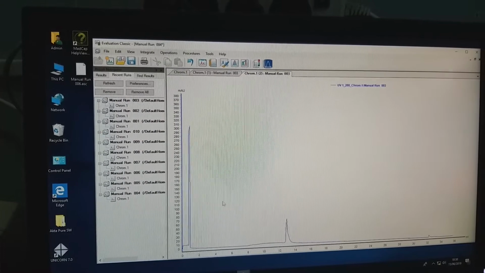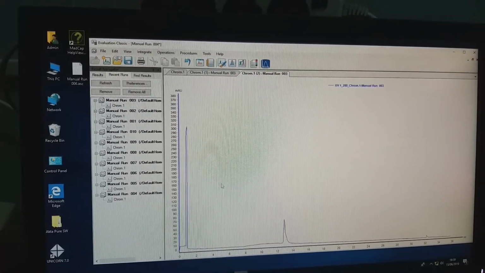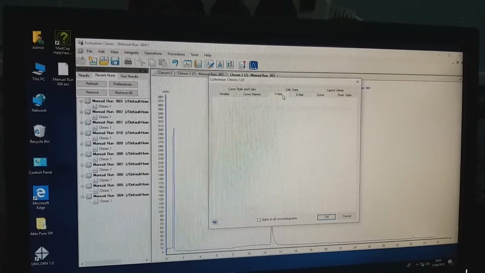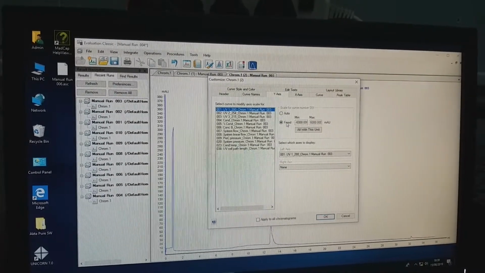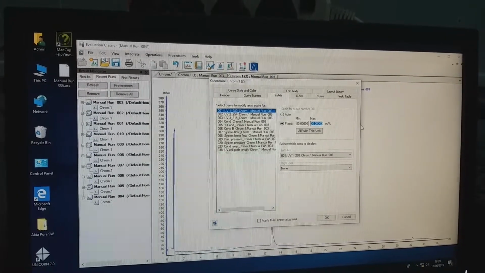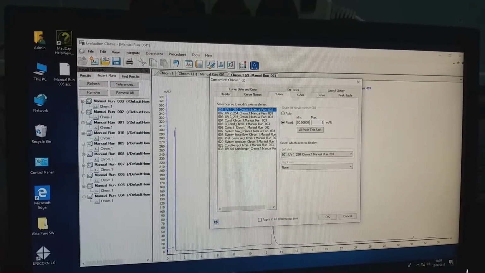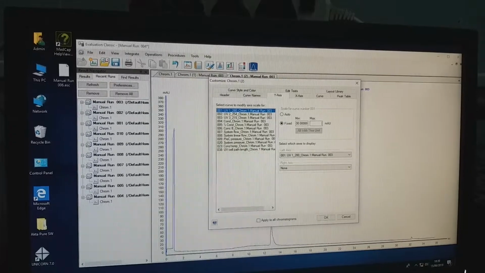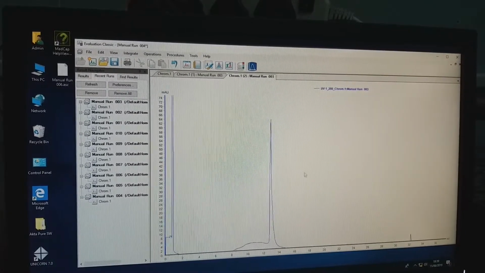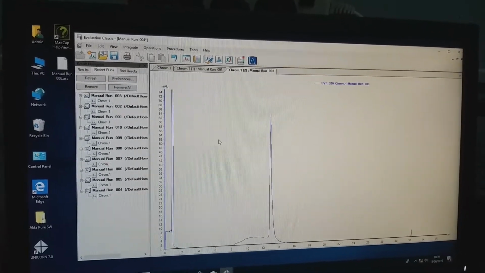You want to take it up to 65, so you go and change the y-axis. So you can see this is the chromatogram.